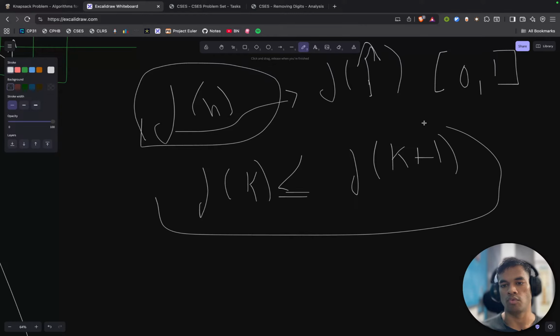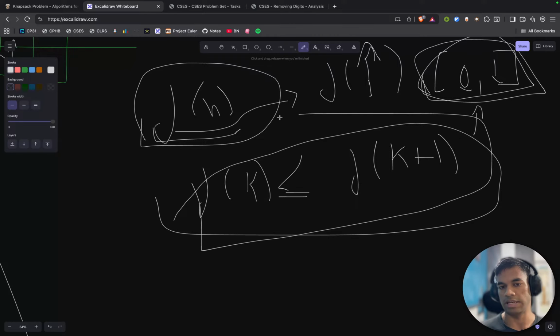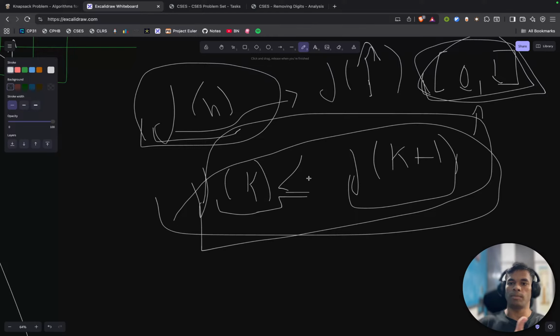If we can prove this, and we know that from 0 to 1, including these numbers, this function is monotonously increasing in this range, and it is always also increasing for every two number range,